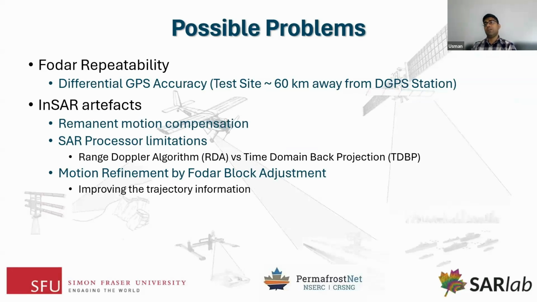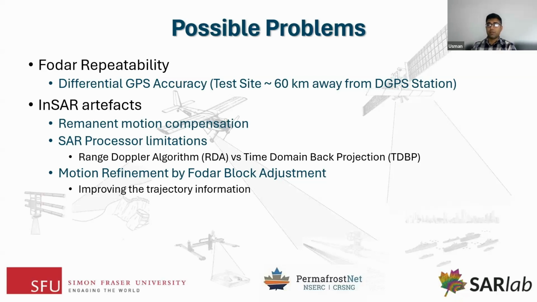It's a known fact that the accuracy of the differential GPS solution degrades as we go away from the differential GPS station. So as the site is 60 kilometers away, we speculated that it could be because of differential